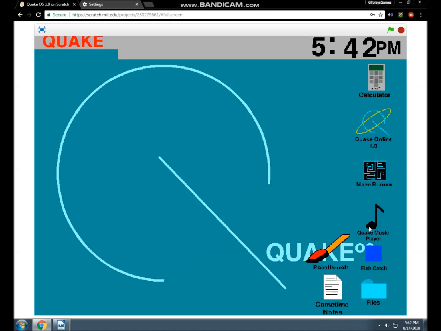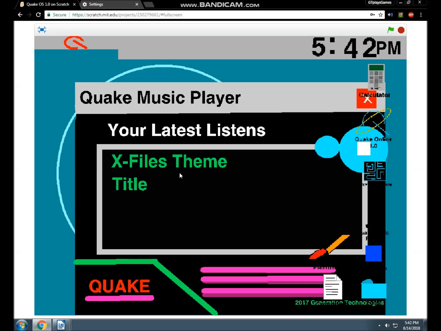I will show you the Quake music player, which is also kind of broken. It used to be fixed, but that's why we're gonna update it later on. But as you can see, you can do the Illuminati song. Cute. Illuminati confirmed. But then you can stop it too. Then you can do title, which if you don't know, this is actually a Windows XP installation song.